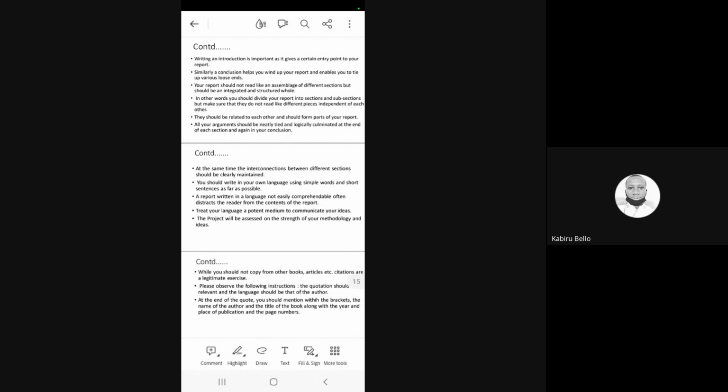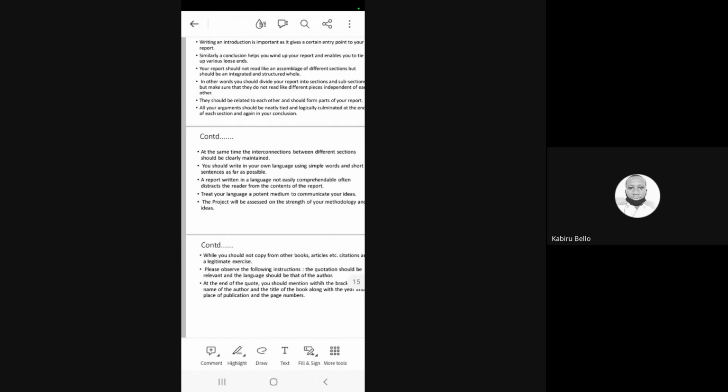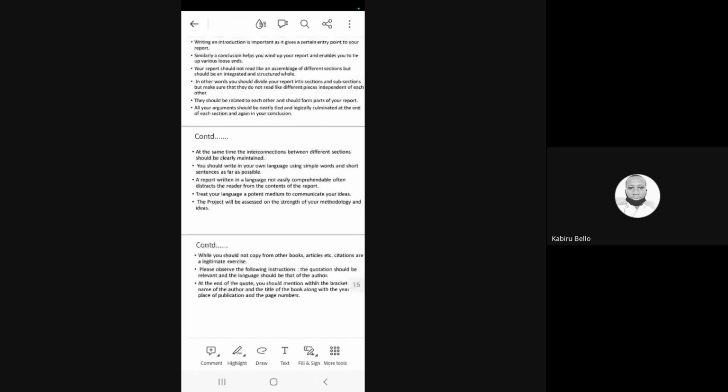Whatever you have found out, your findings and all that should be mentioned in your conclusion. Whatever your objectives were, you could accomplish your objectives, that should be there in your conclusion part. At the same time, the interconnections between different sections should be clearly maintained.